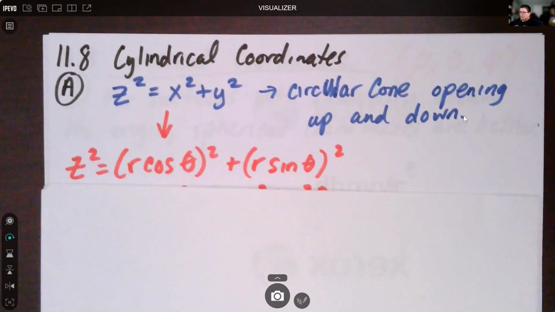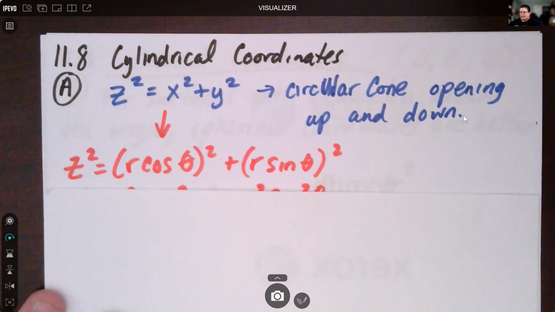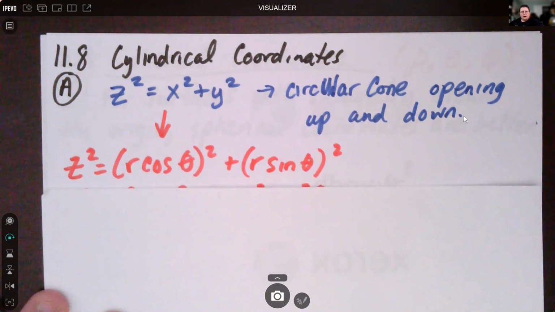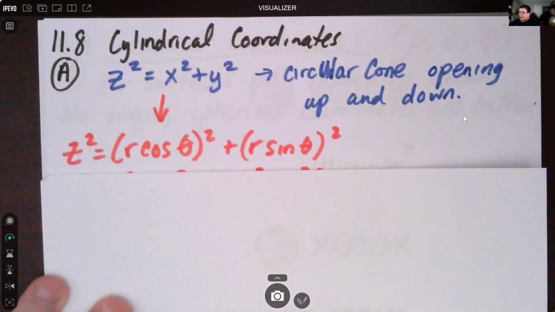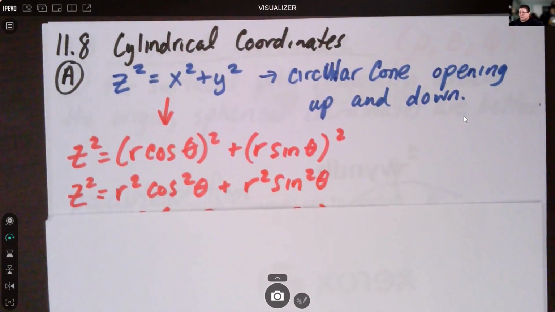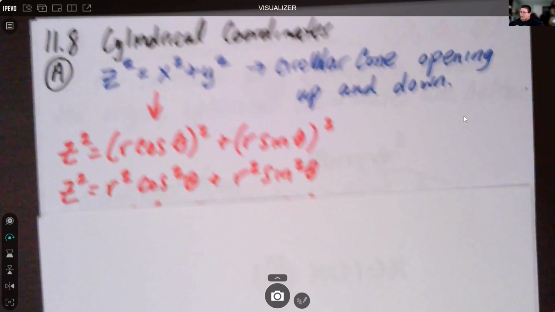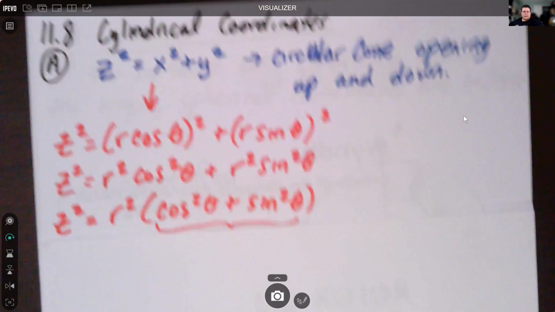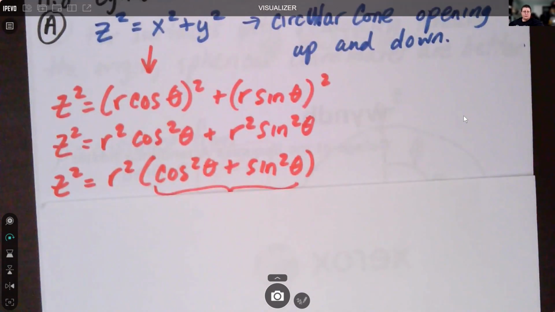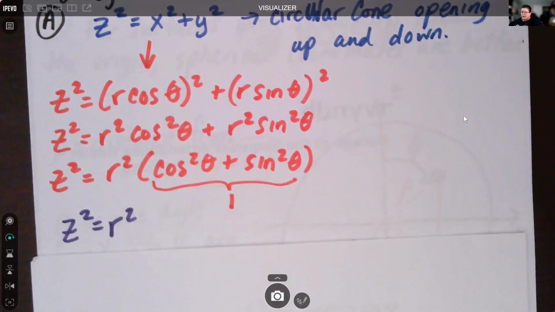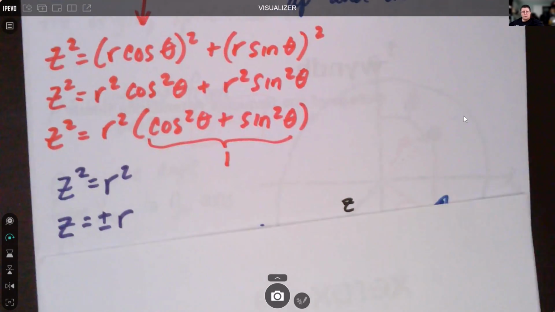If I do that, I plug in r cosine theta for x, r sine theta for y, z stays the same. I get z squared equals r squared cosine squared theta plus r squared sine squared theta. We factor out the r squared, and we get z squared equals r squared times cosine squared theta plus sine squared theta, which is 1. That's a trig identity. So we're left with z squared equals r squared, and thus z equals plus or minus r,